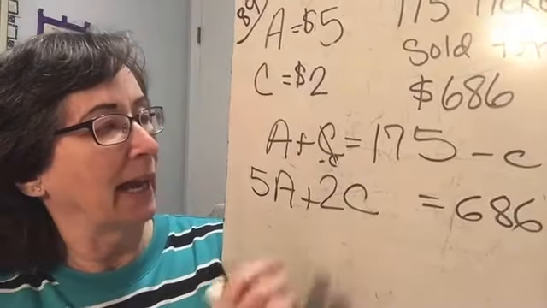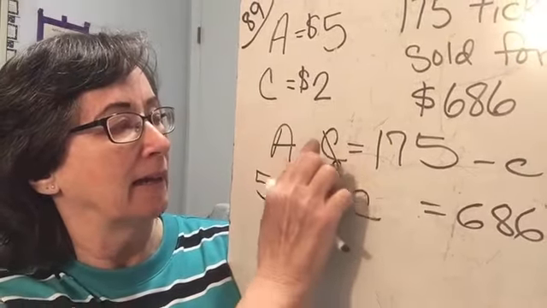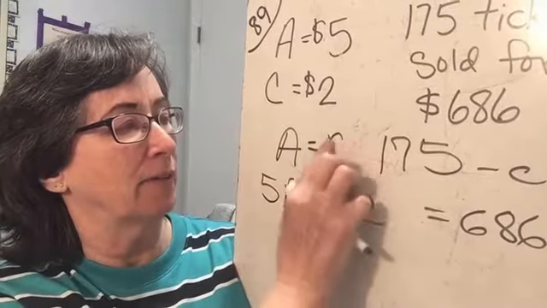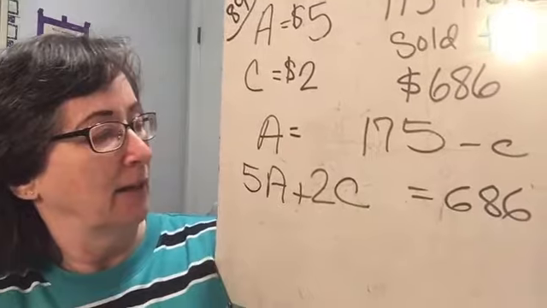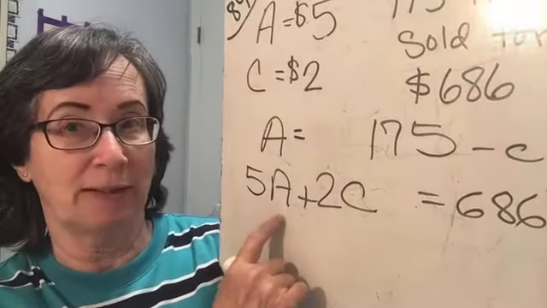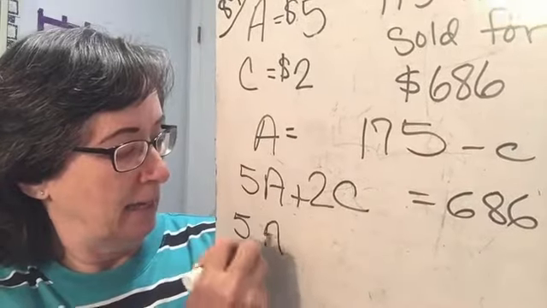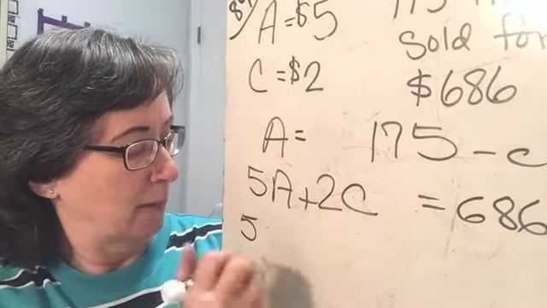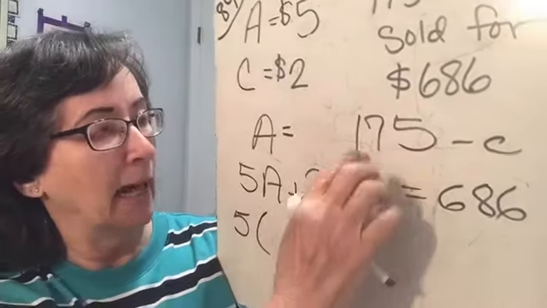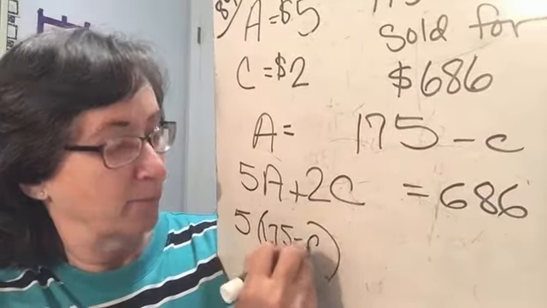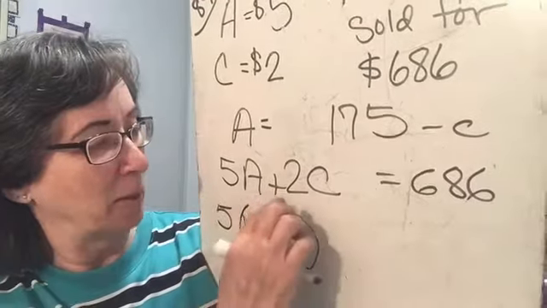So now that I have A equals 175 minus C, I'm going to substitute that A in here. So 5 times A, but instead of the A, I'm going to put a parenthesis and put 175 minus C. Right there. And then plus 2C